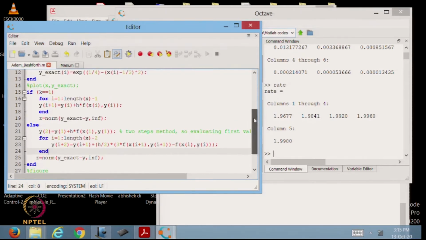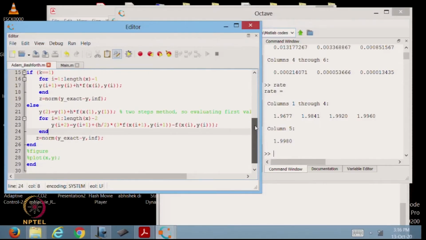Because when you are working with a multi-step method, you have to be really careful, because these methods are not self-starting. You have to be very careful in choosing the method for the initial approximation, like how you are going from y0 to y1, and then if it is more than 2 steps, then you have to compute y2 also, because you can only start from y3. That is the nature of multi-step algorithms.